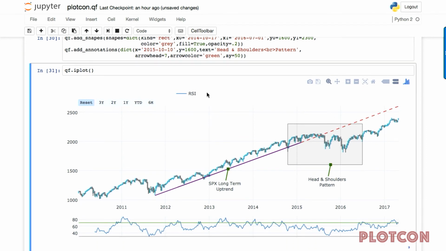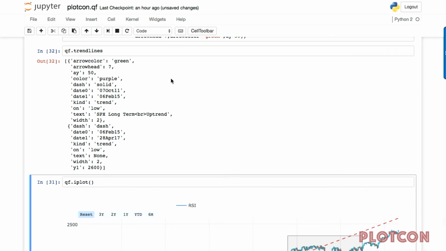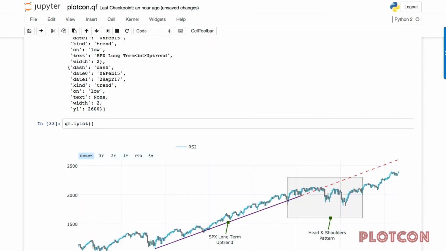So it's pretty cool, adding all these annotations, right? And again, you can see the annotations for each of them. So you can see here my trend lines, the ones that I have annotated. So it's pretty easy to change any of them, right? A bit more advanced,